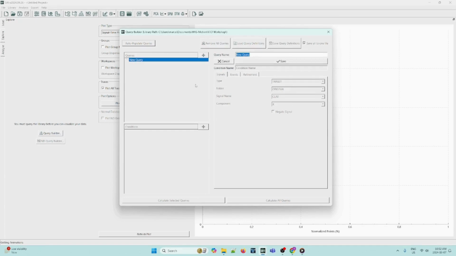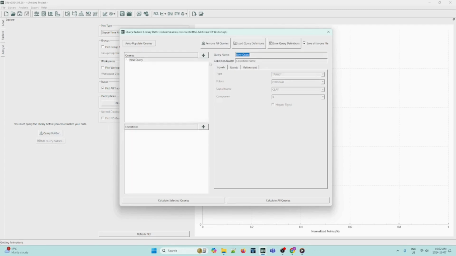You would then create conditions for the query by defining how you want to specify signals from the data tree. If you wish to time normalize the signals to a set of events, and if you wish to further refine these signals, queries can have multiple conditions. For example, if we want to group the left and right matching signals, we would have to create a condition for each. More information on how to create a query and considerations for this can be found on the HasMotion wiki page. For now, we can hit cancel and delete.